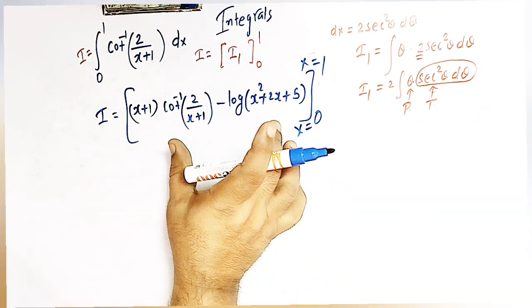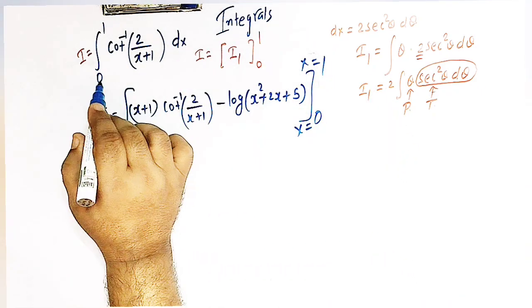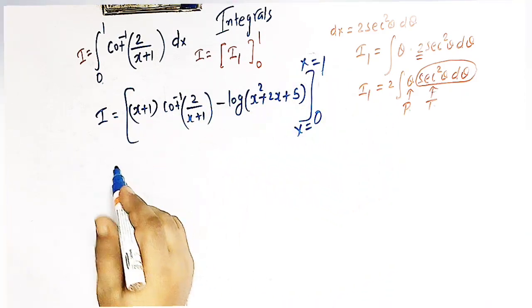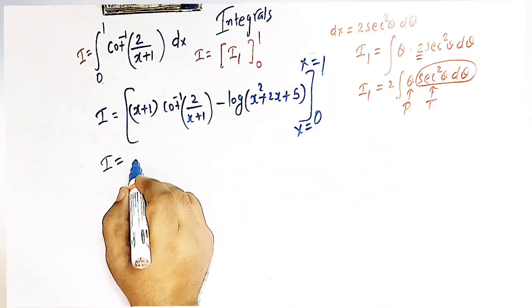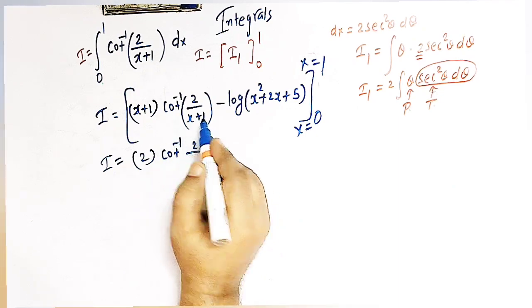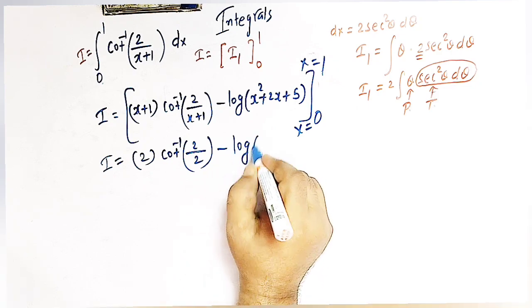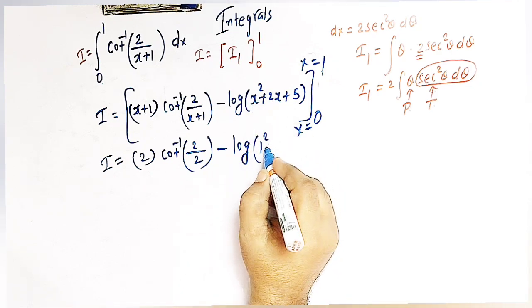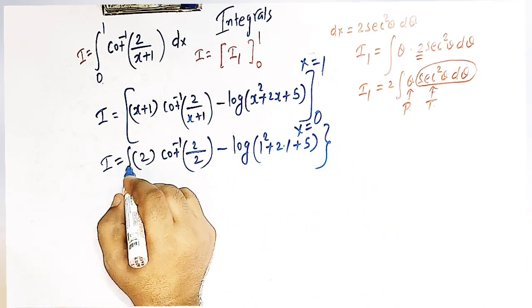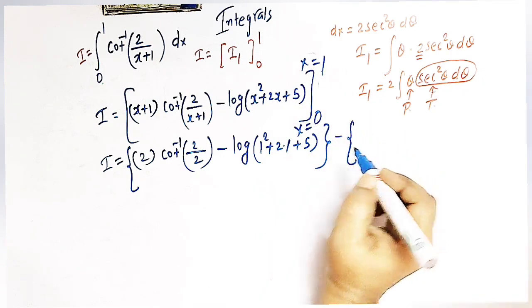So now I can be given by this expression from x is equal to 0 to 1. So first we'll take x is equal to 1. We can now write 1 plus 1 is 2. Then we have cot inverse 2 over 1 plus 1 is 2. And then we have minus log of 1 square, then we have 2 times 1 plus 5. So this is our first term when we take x is equal to 1, and then I will take x